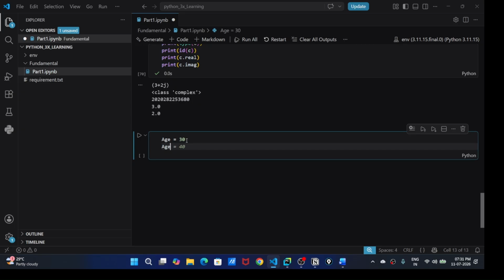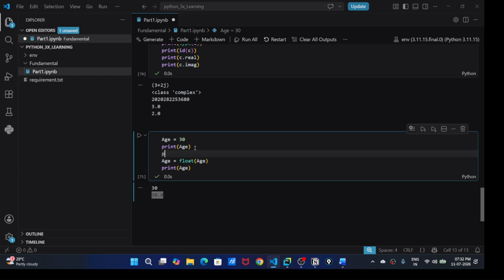Again, age equals float(age). So here let's print age. Now we have to print age. So 30. If you see here, print what type it is.